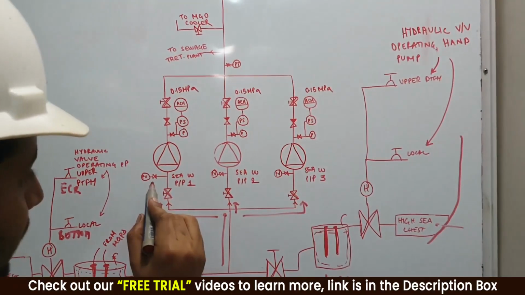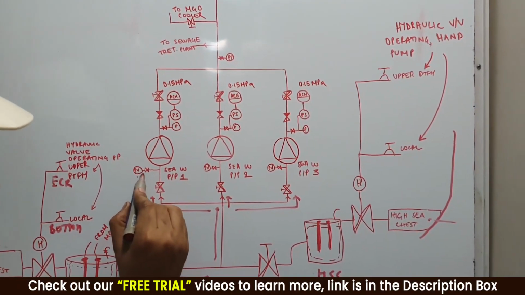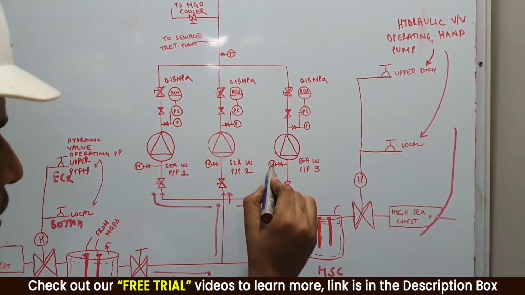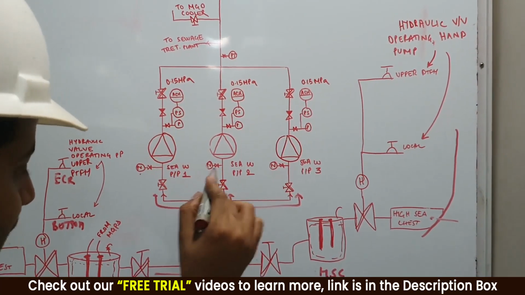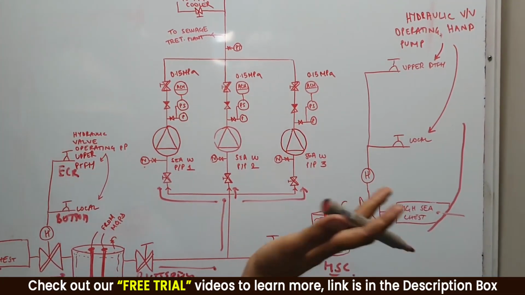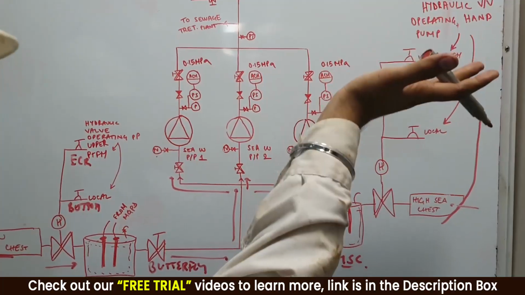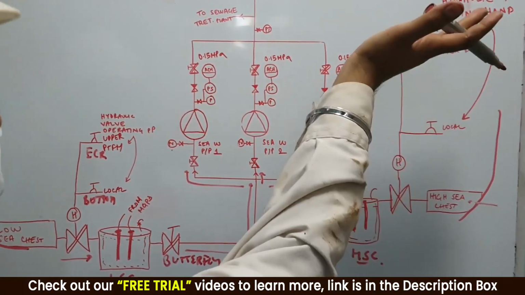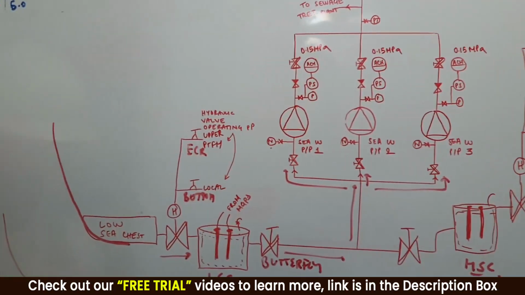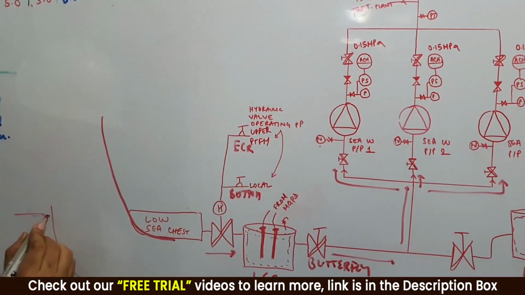You can see there is a pressure gauge fitted over here, so you can see how much the suction pressure is. If this suction pressure is dropping, that means your low sea chest filter has got choked, or your ship is coming up and the draft is reduced, meaning the ship is in unloaded state. If your ship is in loaded state, then the seawater level will be till over here.